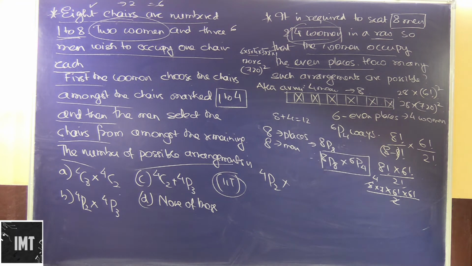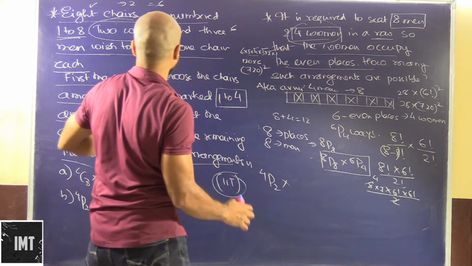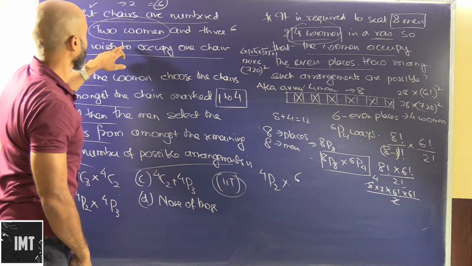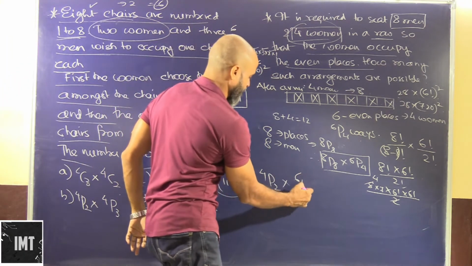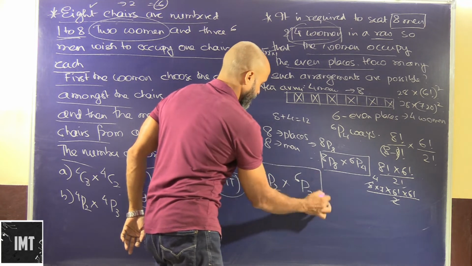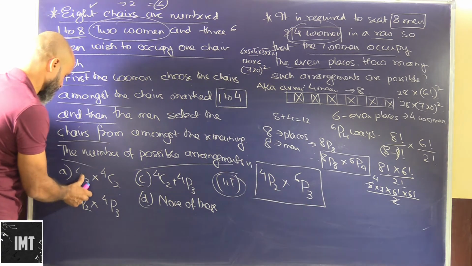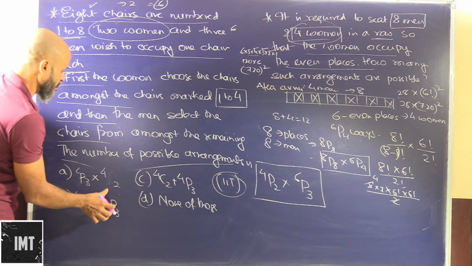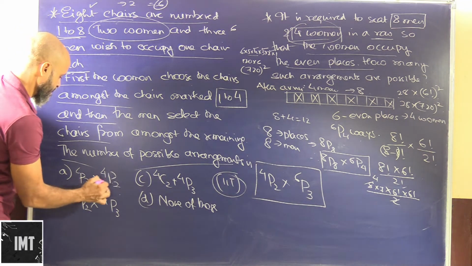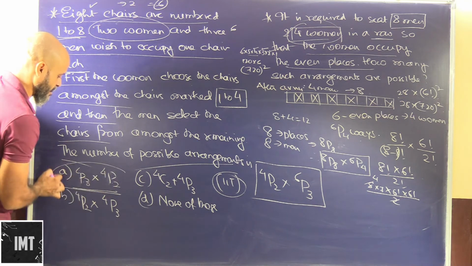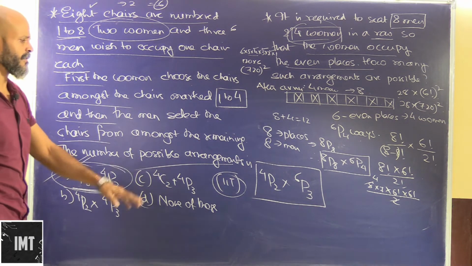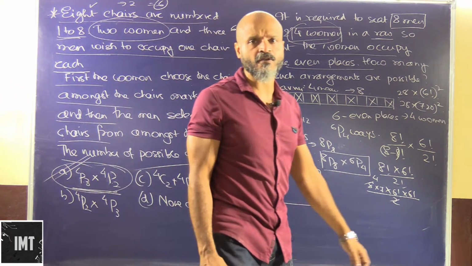Okay, so here we have remaining chairs as 6, out of which we have to ensure that 3 men are taking it. So this can be done in 6P3 ways. I just checked the option here. This was 6P3 into 4P2. That was the option basically, and this would be the correct option. Okay, so that's how we will do certain simple problems out here.